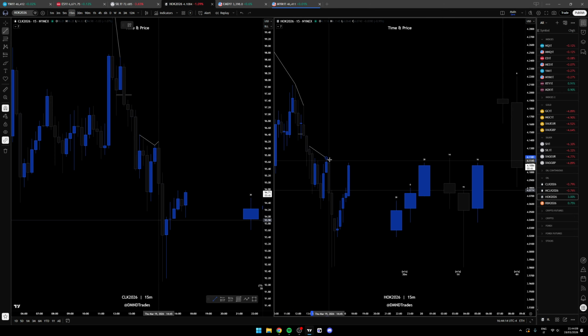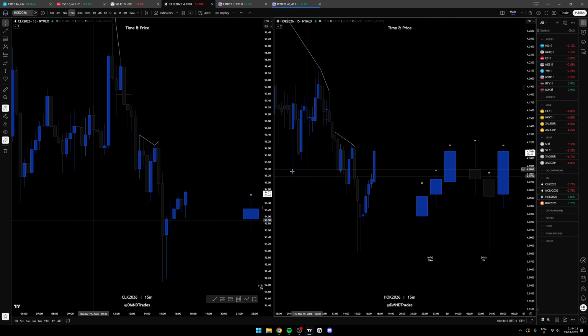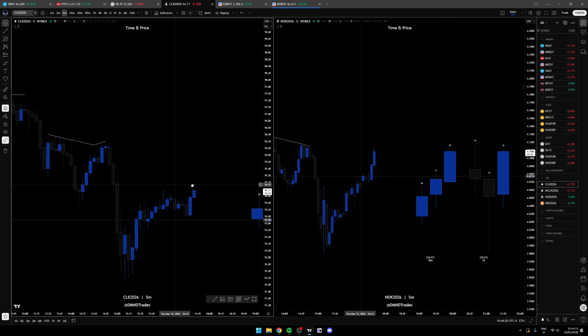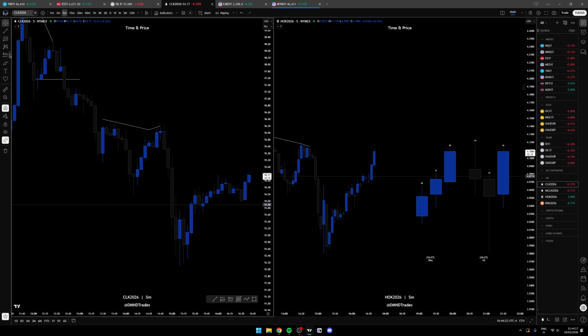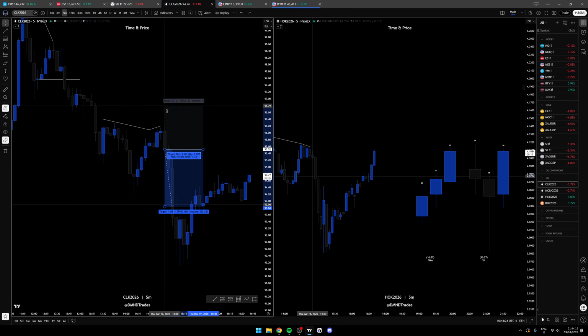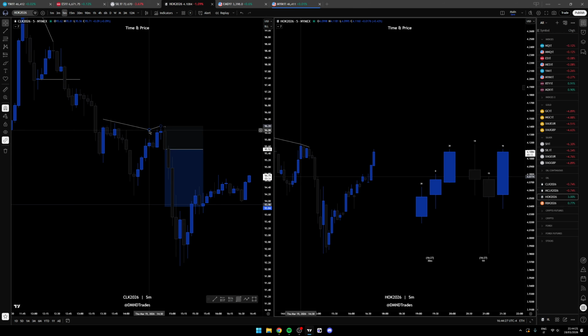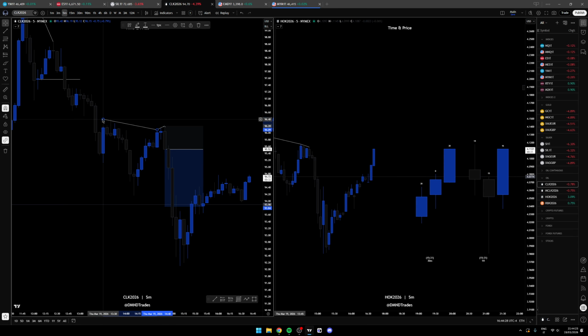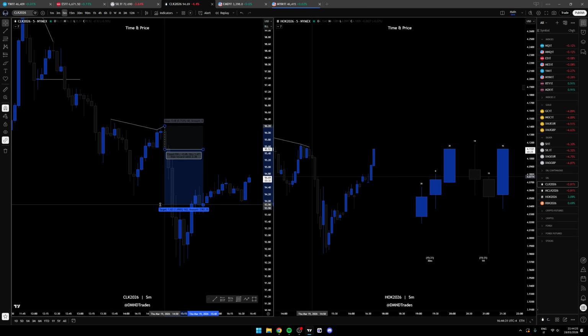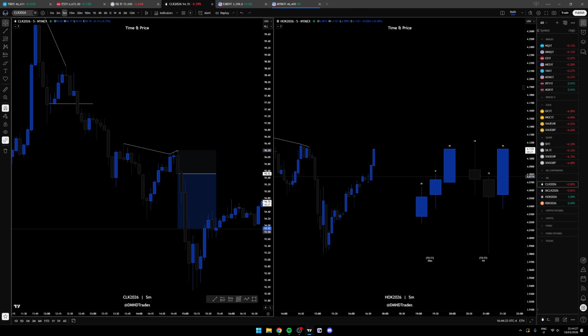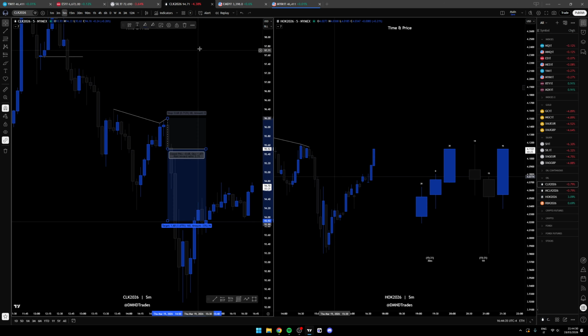Dude, look at this, literally I was just expecting something like this to happen, right? Oh, this is so high probability. Oh, damn, this is super nice. I don't trade PM session, but damn, look at this V shape. Two stage with the continuation, 2.5 R, 2.3 R. Damn, that's clean. Anyways,